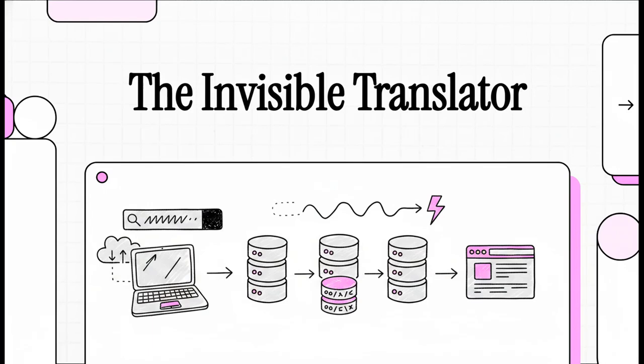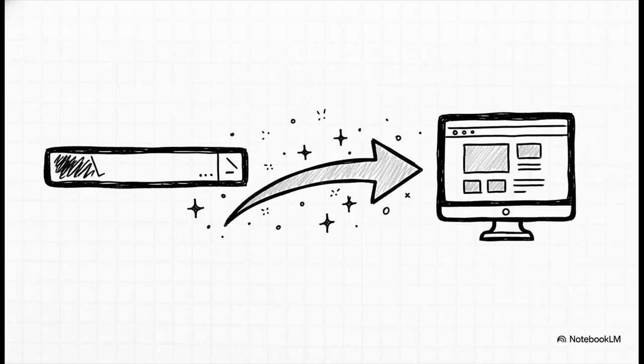You know, every single time you type a website address, you're kicking off this hidden, lightning-fast translation. It's kind of the secret language of the internet, and today, we're going to meet the invisible translator that makes it all possible. It's an action we do dozens, maybe even hundreds of times a day without a second thought. You type in youtube.com, you hit enter, and bam, like magic, the site is just there. It feels totally seamless, instantaneous. But there's this really fascinating process happening just under the hood.